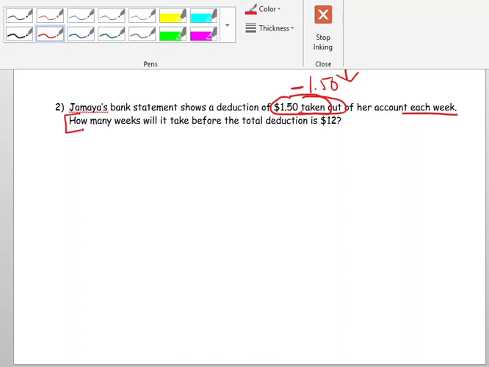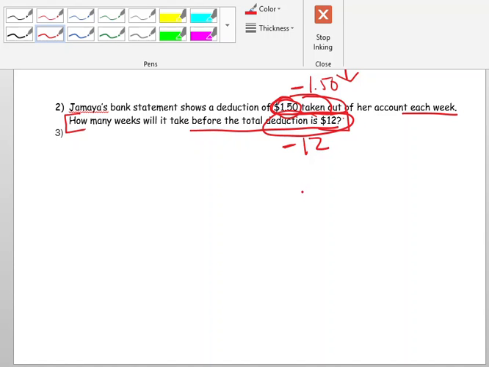How many weeks before the total deduction is $12? Okay, so in this case, I'm saying how many times do I take away this 1.50 until I get to a deduction, okay, which is also a negative